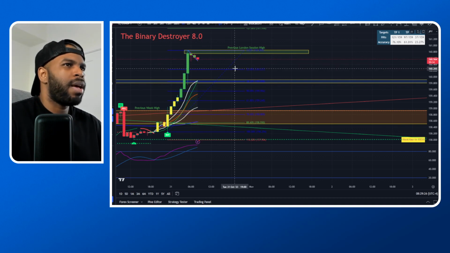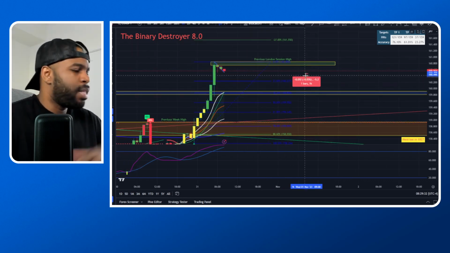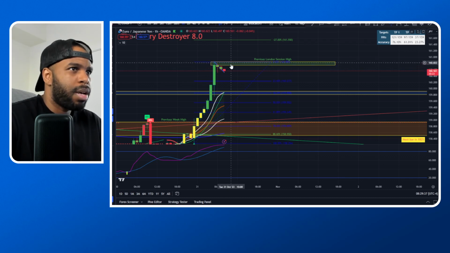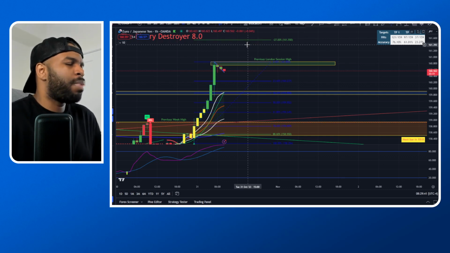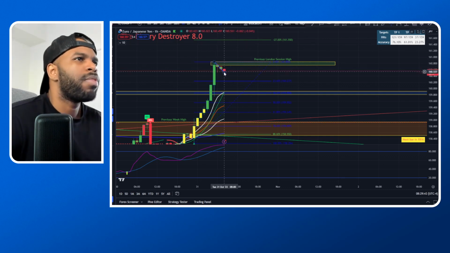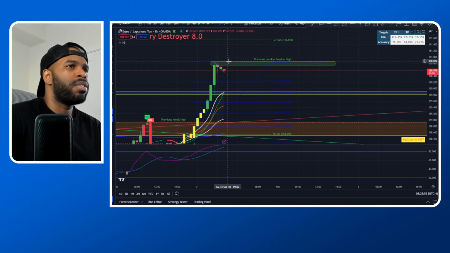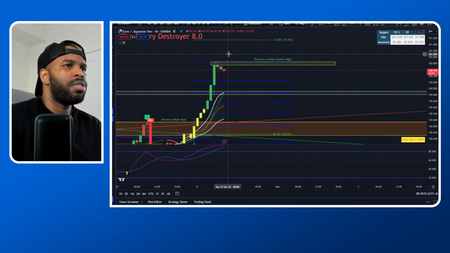It could just come down to the 23.6 and then go up, or price might not even come back down here. Price could go back up, break this zone here, retest, and then go up. So we'll just pay attention to it. If it doesn't go my way, if it breaks this zone here, then I'll just close out of the trades, because if it breaks this zone, then it's most likely going to come back down, retest, and then go back up,